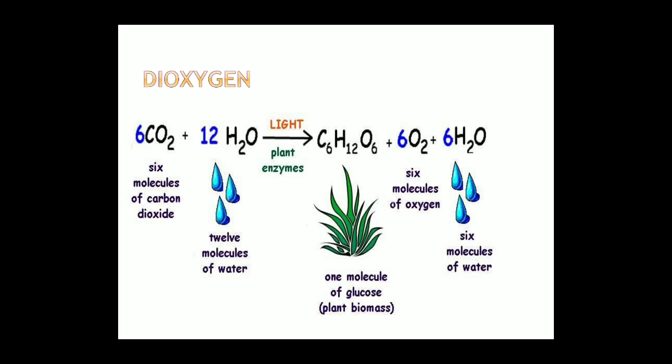Now we come to one of the compounds of group 16, that is oxygen. Oxygen in its molecular form is dioxygen. As we know, this is a basic component and very much required for living things. How can we prepare it? Not we, the green plants are responsible for preparing oxygen in nature. Why and how are they making it? By the process of photosynthesis. All of you are very much aware of this. 6CO2 plus 12H2O in presence of sunlight, and a green pigment is required, that is chlorophyll, gives C6H12O6 plus 6O2 plus 6H2O.